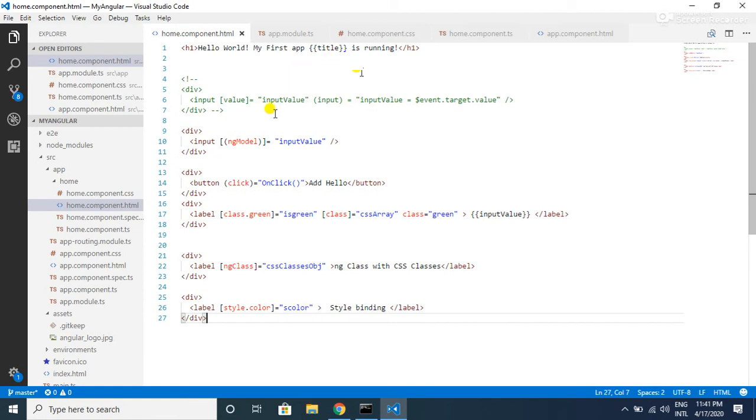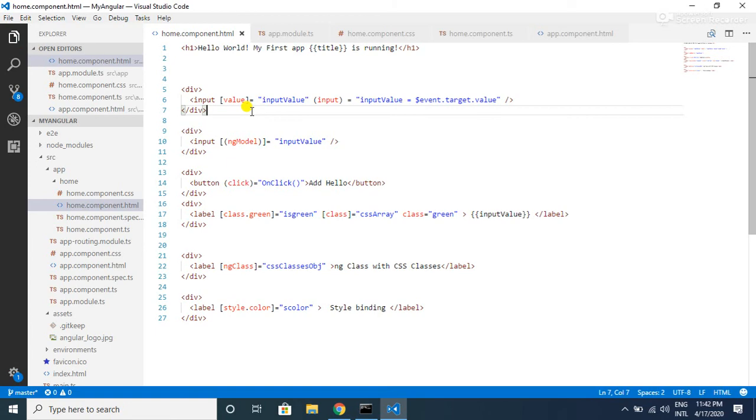So if you see here, I am having an input tag, where I am using this property binding to bind this input value, and event binding. So whenever I change this input tag or the text box, I want to bind the updated value to this input value. So I am combining this property binding and event binding.